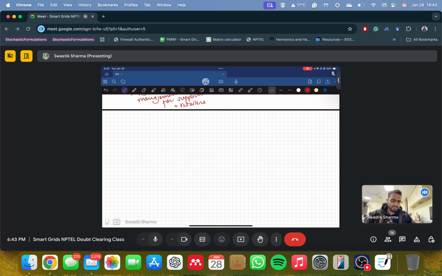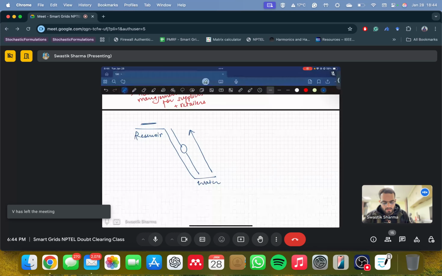But batteries are expensive. All of us know that, right? So now people have come up with a new thing. They call it pumped hydro. So what does pumped hydro do? Let's say you have this small hydro plant. Here is water, and here there is, let's say, a reservoir, and you have a certain mechanism to push this water. So instead of storing energy in a battery when you have high energy, you store it in the form of gravitational energy. You pump water to a reservoir, right?